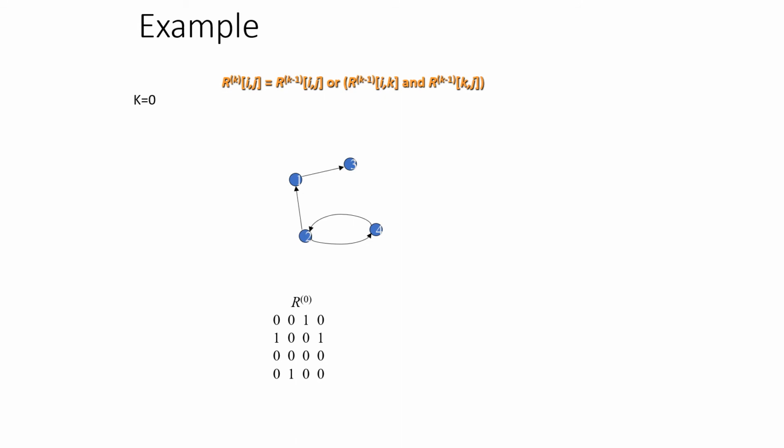So in the adjacency matrix we will be placing 1 only if there is a direct edge. So from 1 to 3 we have a direct edge, so from 1 to 3 we have 1. Similarly from 2 to 1 we have 1. That is a direct edge, hence placed 1. Then 2 to 4 we have a direct edge, 1. From 3 there is no outgoing edge, so for sure you will be having all zeros. From 4 we have a direct edge only to the vertex 2, hence placed 1 in the respective cell. So this is the adjacency matrix which will be taken as the input for the further iteration.